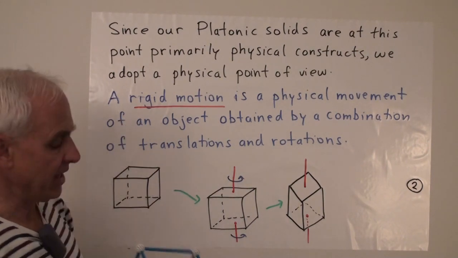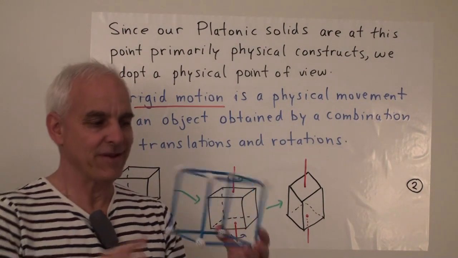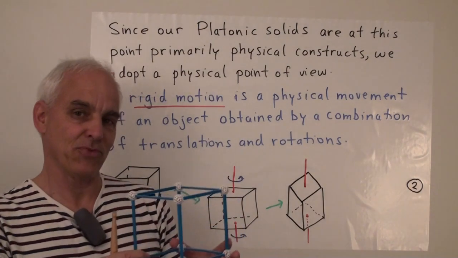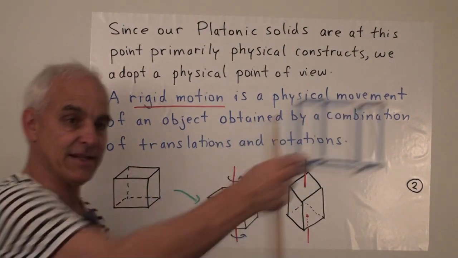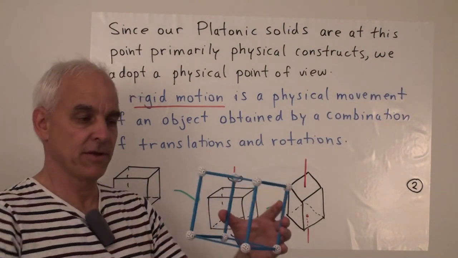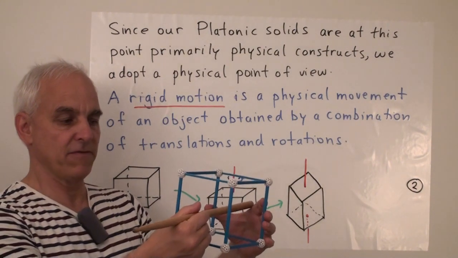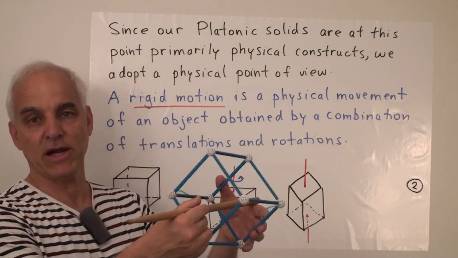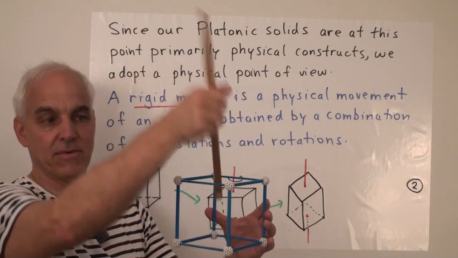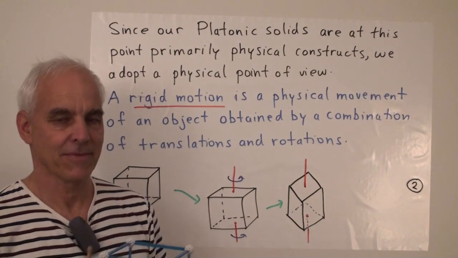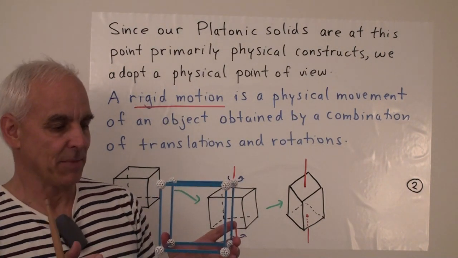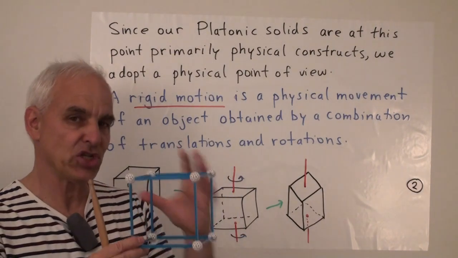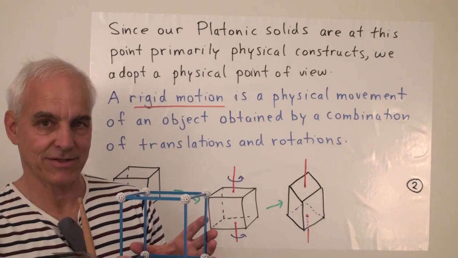In that sense, the most natural kind of symmetry is what's called a rigid motion. Another way of describing a rigid motion is to say that it's composed of translations and rotations, where a rotation is something you have by having an axis and then moving around that axis by a certain amount. The axis can be in any direction you like. So that's what a rigid motion is. It's something that transforms our solid without actually changing the essential shape or dimensions.